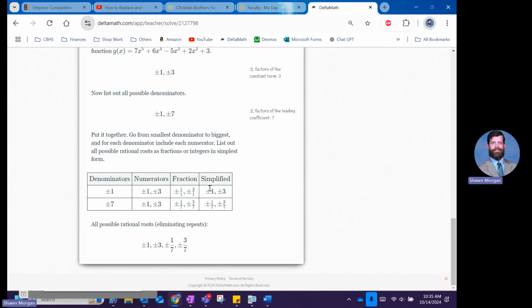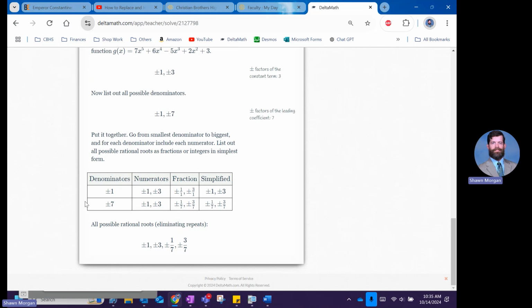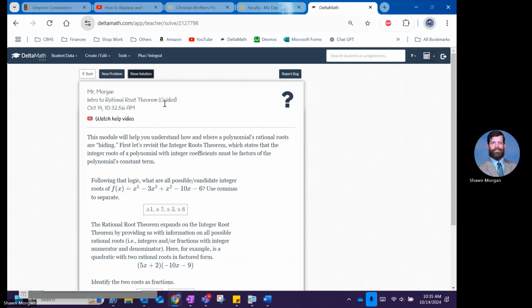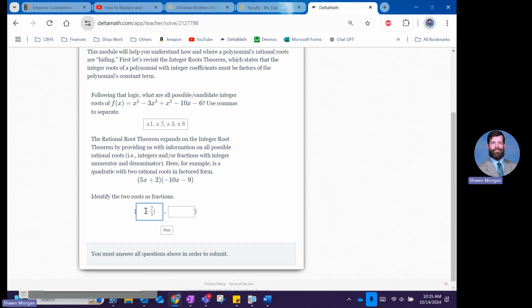They're structuring their P and their Q list a little bit differently. Question. Rational root expands on the integer root theorem. We know that. Here, for example, it's quadratic with 2 rational roots. Identify 2 roots as fractions. They do want me to do this one. So negative 2/5 and negative 9/10